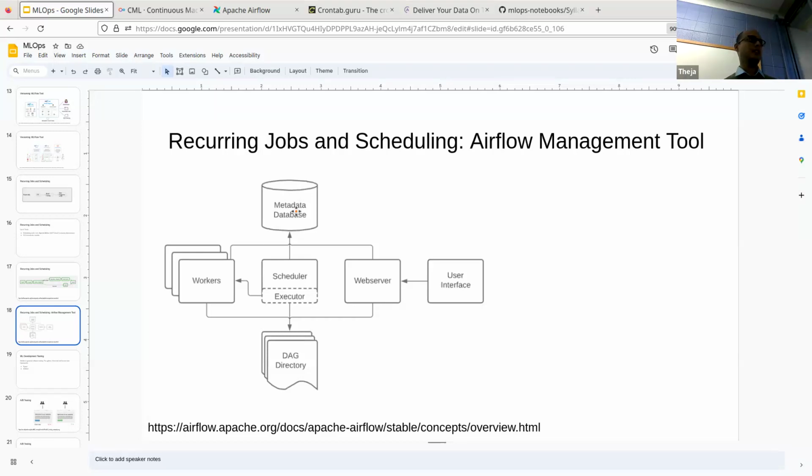Okay, so it has a lot of moving parts, right? It has a Flask app server, it has a database, it has a directory of Py files which describe the DAGs, and then there is a scheduler plus executor combo. Scheduler is the one exactly like cron. It will say, okay, when to schedule a job, where to schedule it, and what to schedule, right? So what's the job, when to schedule, where to schedule. That's the job of this program.